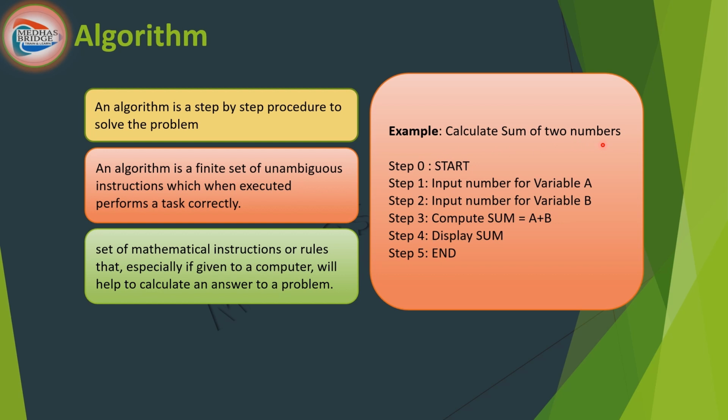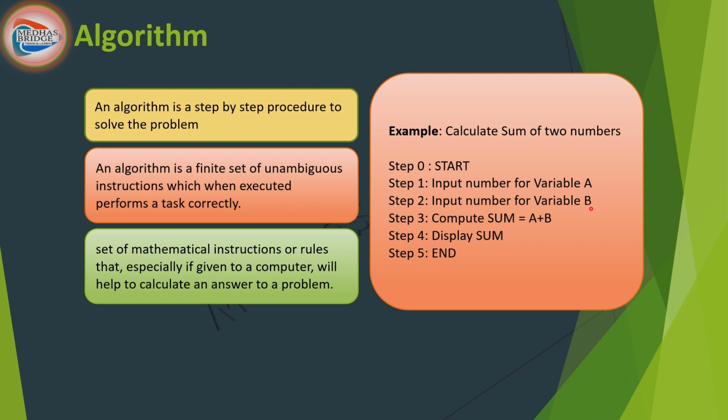What it reminds me, I would be needing two numbers, so I can calculate the sum. My operation would be sum, isn't it? Right? So how would I compute this statement? I need to start the program, and hence I can do my computation. I needed two numbers. So in step 1, I am saying input the number for variable A. Input the second number